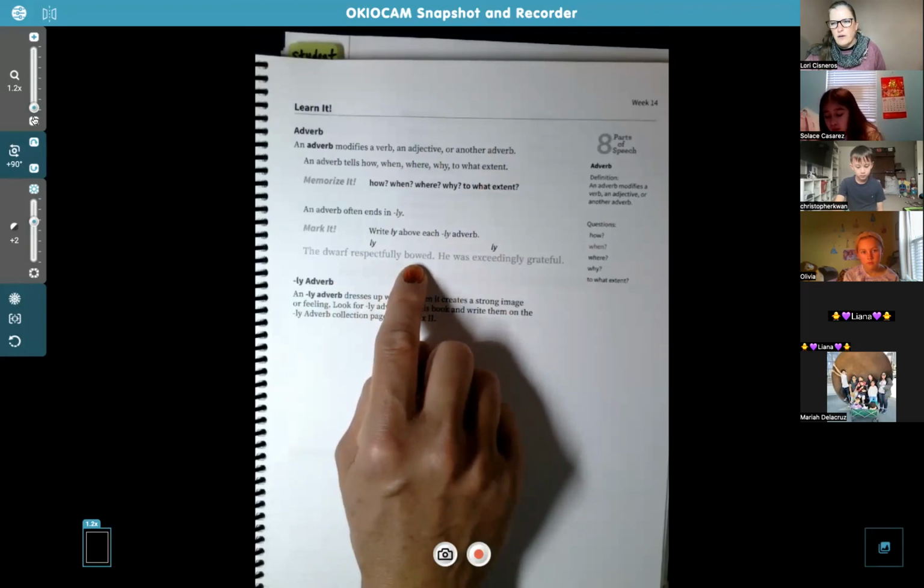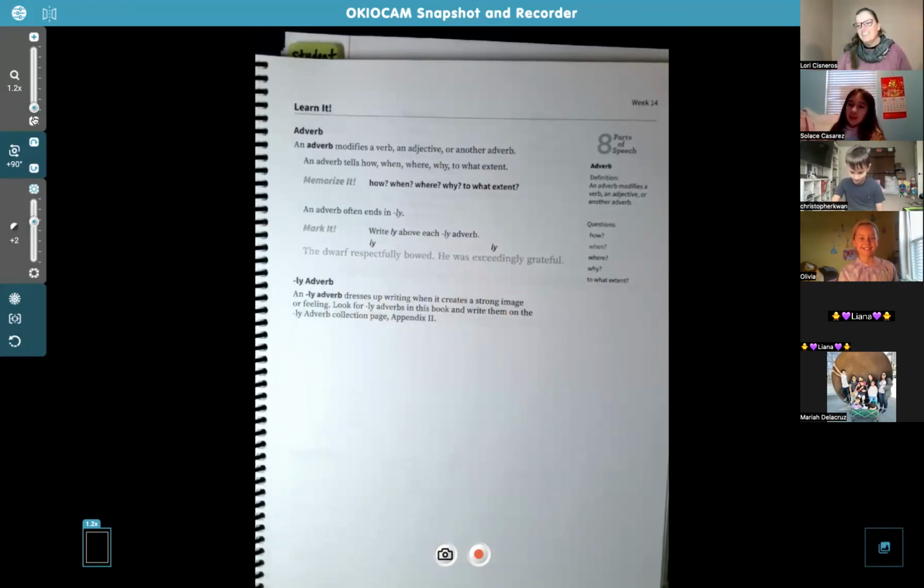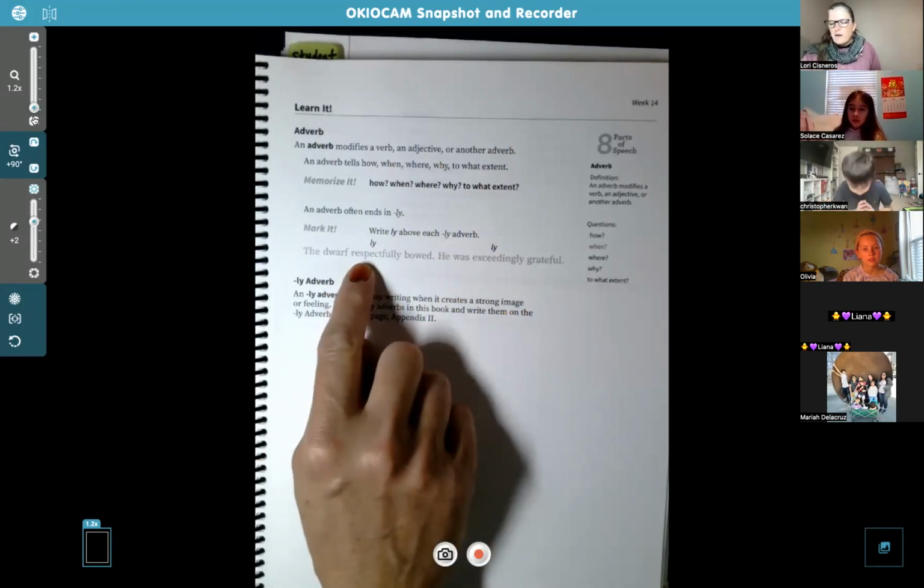And you guys know what a bow is, right? Like if you ever, yeah, there you go, Christopher. If you're on stage, you just did a performance, people are clapping. A lot of times that's when people bow. But sometimes, in other cultures, in Asian cultures, they bow as a greeting. In America, we shake hands or we do a fist bump or hug or something like that. In other countries like Asia, they actually bow as a greeting. So respectfully bowed